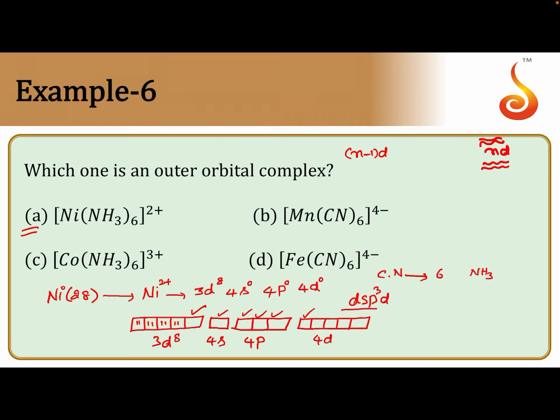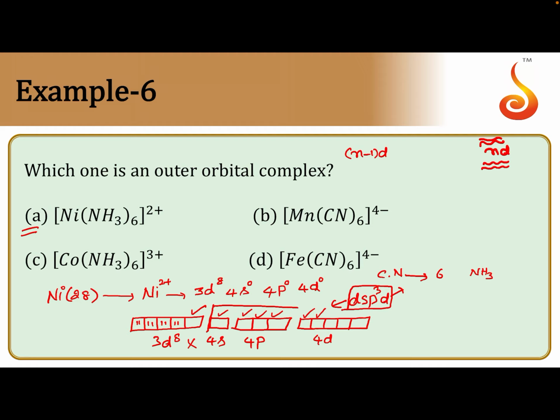dsp3 hybridization. But orbitals undergoing hybridization must have almost the same energy, and between 3d orbitals and 4d orbitals there is a lot of energy difference. That's why one 3d orbital and one 4d orbital do not participate in the hybridization. So the 2 d orbitals must be either from 3d or from 4d. From 3d we cannot get them, so instead of 3d orbitals, the 2 4d orbitals participate in the hybridization.